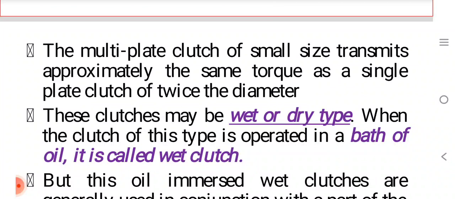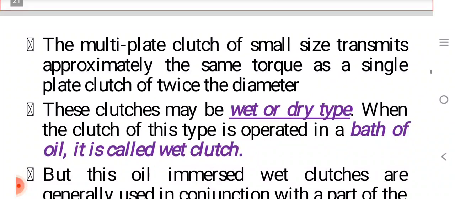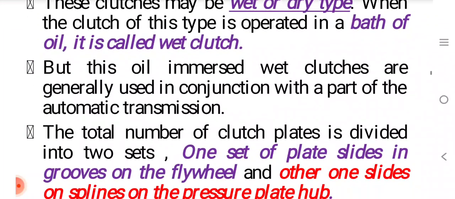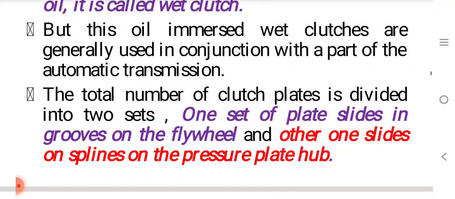The clutches may be wet or dry type. When the clutch of this type is operated in a bath of oil, it is called a wet clutch. These oil-immersed wet clutches are generally used in conjunction with a part of automatic transmission. The total number of clutch plates is divided into two sets. One set of plates slides in grooves on the flywheel and